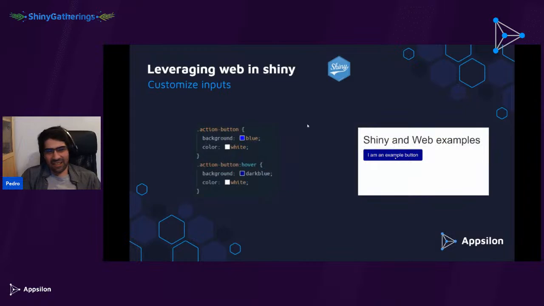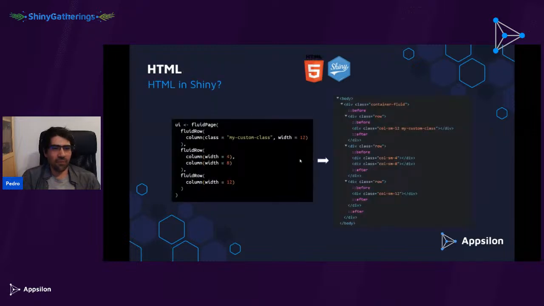The problem is, how does this actually work in Shiny? How can you do this in Shiny? And if you're not aware, I will tell you now, but anything in the UI definition of Shiny is HTML, CSS, and JavaScript. And you can quickly check this in your RStudio IDE if you would like. If you just run this fluid page function in your console, you will get something like this. You'll get just pure HTML.